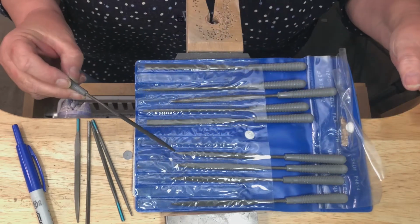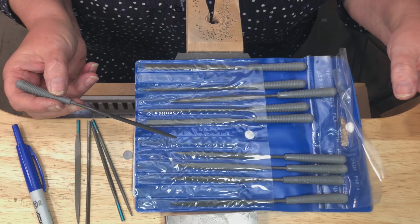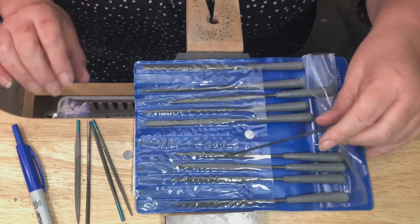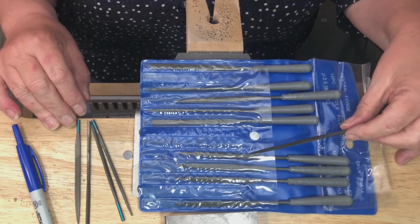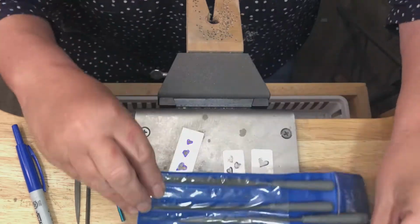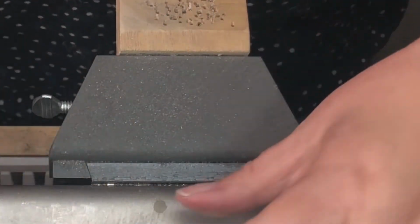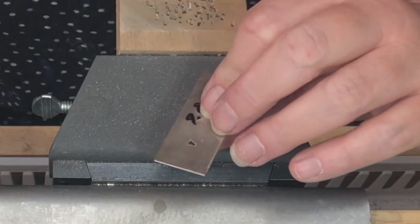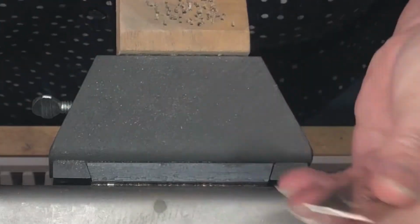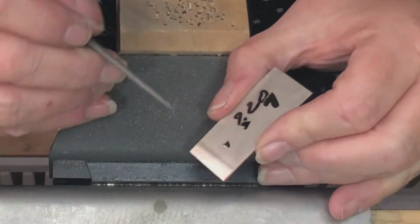Now these did come with handles. They're not big handles though, so they're great to use. And I don't even know where I got these. I know you can get these at Rio Grande. The great thing about these, for instance, this one is round. It does have a tapered end. But you can get, and if you look on the back side, if you haven't removed your Sharpie, you can see, so right here,